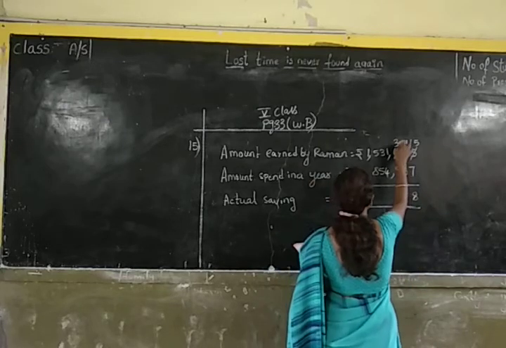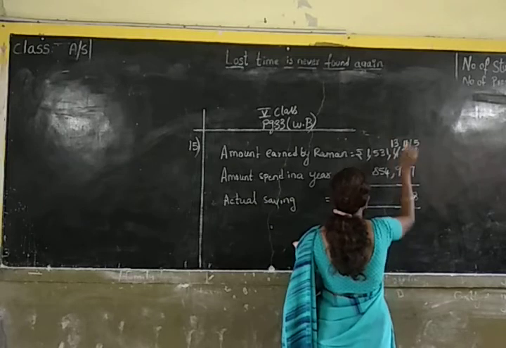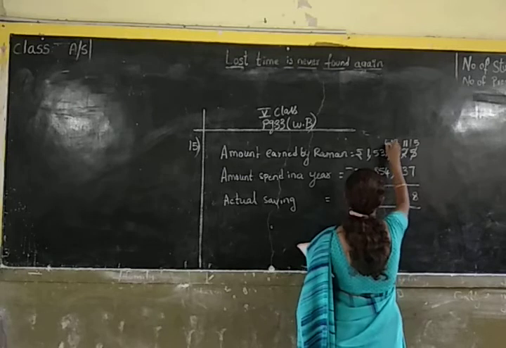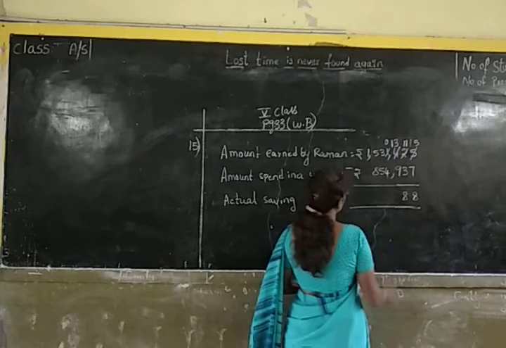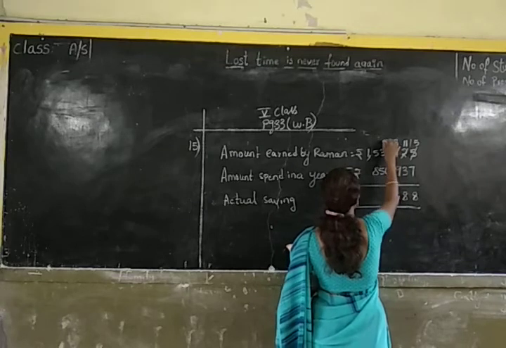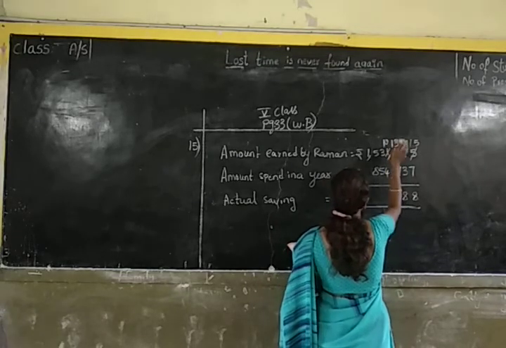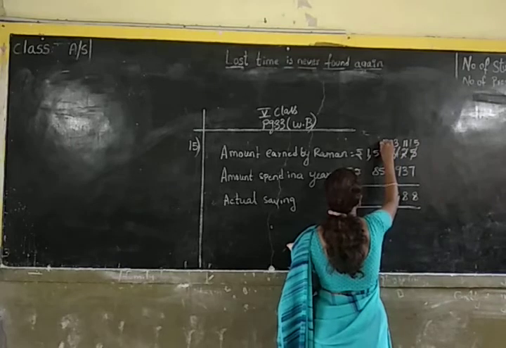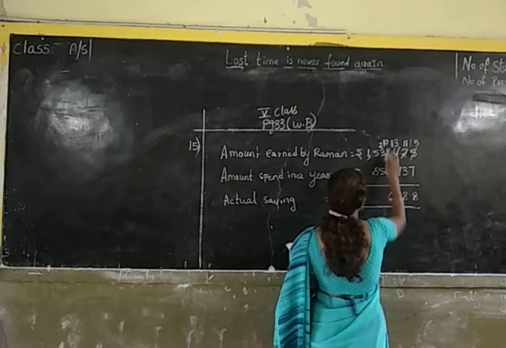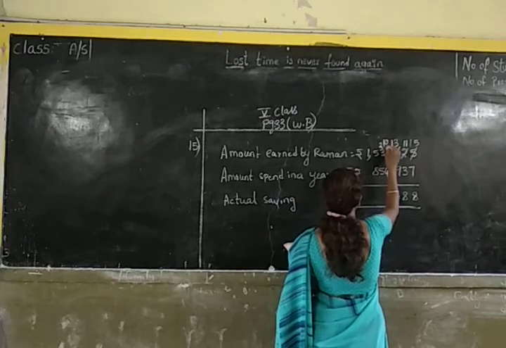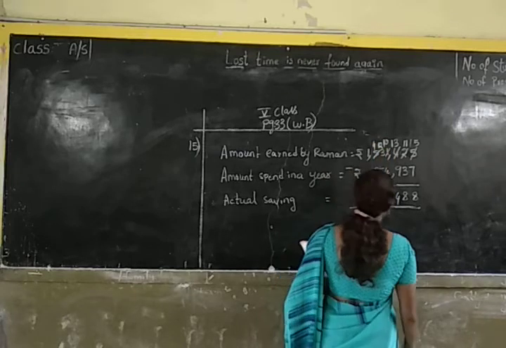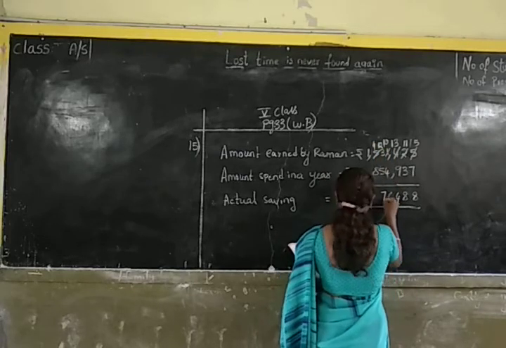We can't subtract 9 from 3, so 3 has to borrow. 3 will become 13 and 1 will become 0. 13 minus 9 is 4. We can't subtract 4 from 0, so 0 has to borrow. 0 will become 10 and 3 will become 2. 10 minus 4 is 6. We can't subtract 5 from 2, so 2 has to borrow. 2 will become 12 and 5 will become 4. 12 minus 5 is 7.